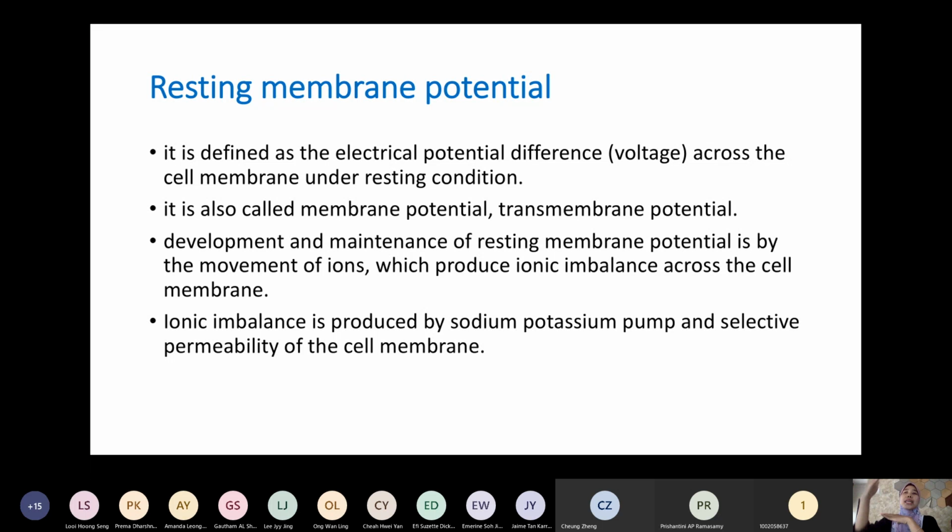Please keep in mind that inside our cells, inside our nerve, during rest is negative in charge, and the outside of the membrane is positive in charge. So there is a potential. Potential is the electrical current. So there is a charge difference in our nerve and our muscles during resting condition. We know it as the resting membrane potential. Sometimes you might call it just the membrane potential, or also transmembrane potentials, meaning inside and outside.